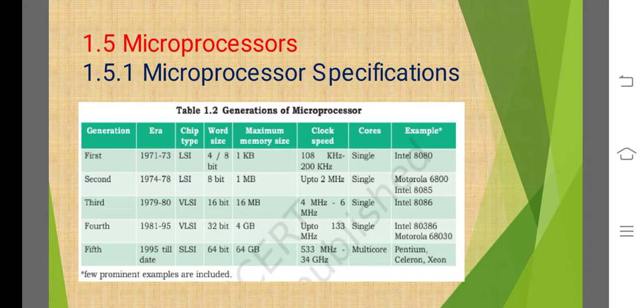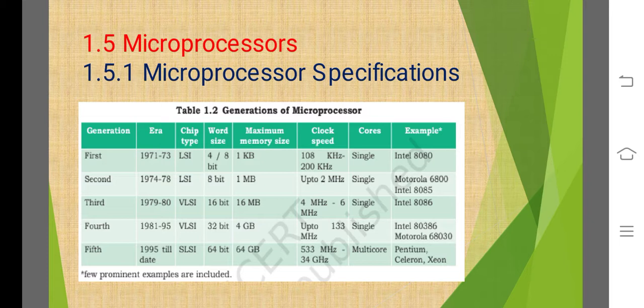The next column is cores. A core is the basic computational unit of the CPU. Earlier, processors had only one computational unit, so they were capable of performing only one task at a time. With the advancement of multi-core processors, it has become possible for the computer to execute multiple tasks at the same time. That is known as a multi-core processor. You have learned about single core, dual core, quad core, octa core. As the technology improves, the number of cores gradually increases.